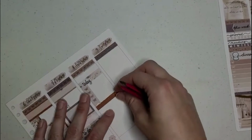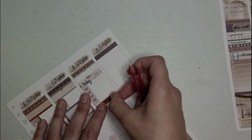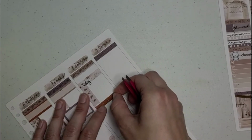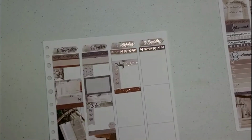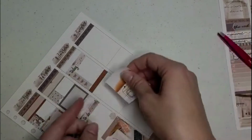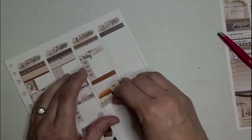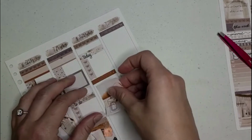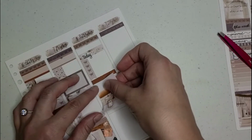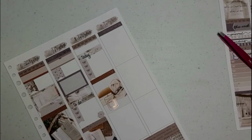Sometimes I feel like it's really hard to tell, unless I'm over top of the sticker, if I'm putting these things on crooked or not. There we go. Yeah. Okay. Drop a full box from the kit. Yeah, I'm telling you, I am not on my game with getting these stickers on there today. Usually the full boxes I don't really have that much trouble with, but for whatever reason, today I am. But I haven't ripped a sticker yet, so...